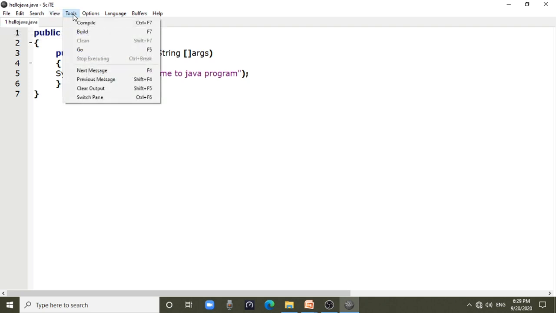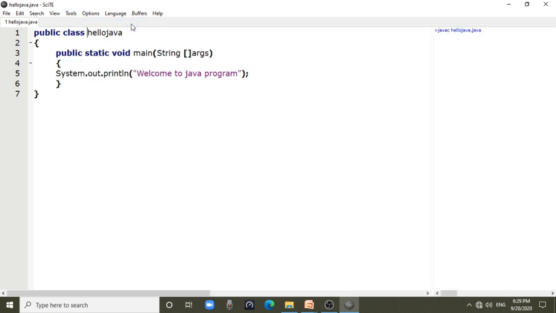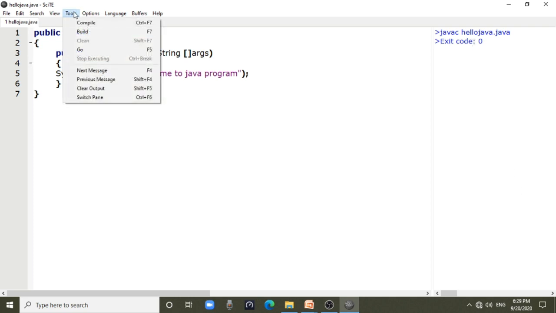Then go to the tools and click on compile. The shortcut key is Control F7. So press Control F7, otherwise use tools and compile. The compiler displays exit code 0, which means there is no error in this program. Go to the tools and click on F5 or click on go.